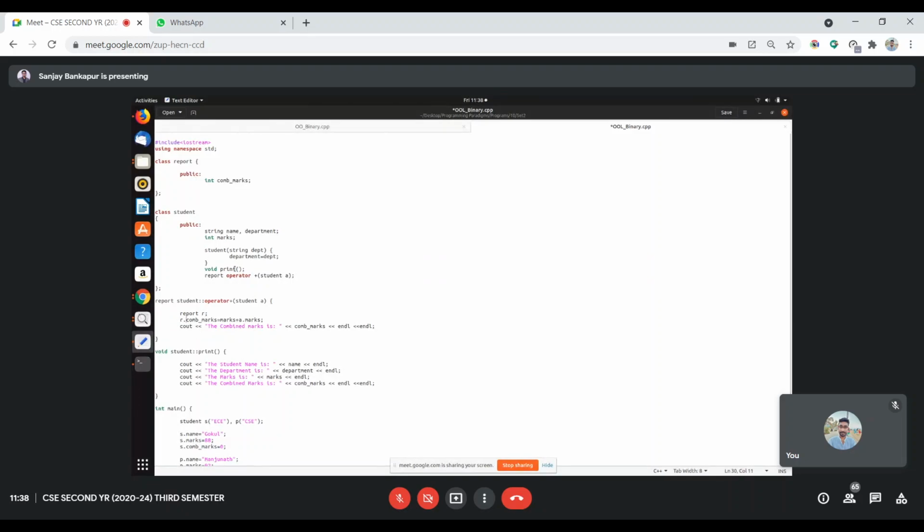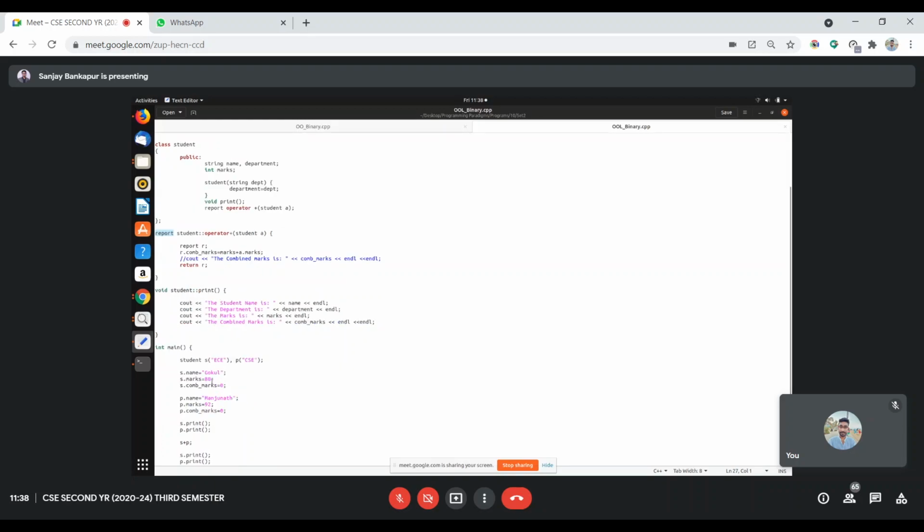Now R dot com marks is equal to A dot marks plus B dot marks. Let's not print this here, since we know the combined marks afterwards. And I will return R. That's why the return type has become report, and that object is returned.